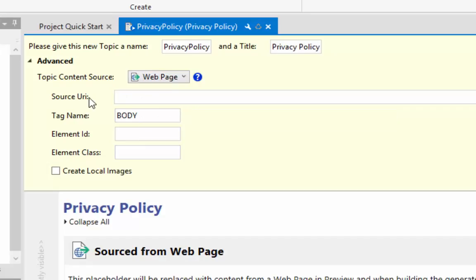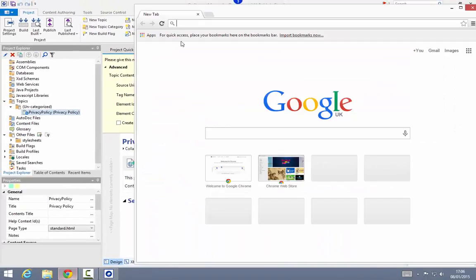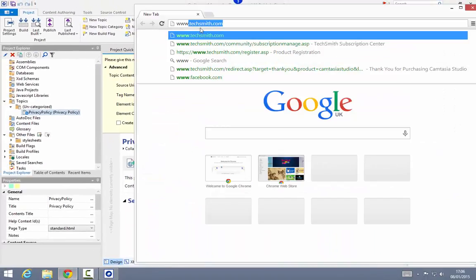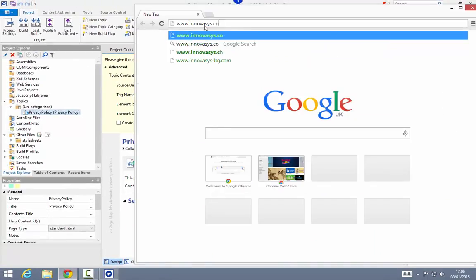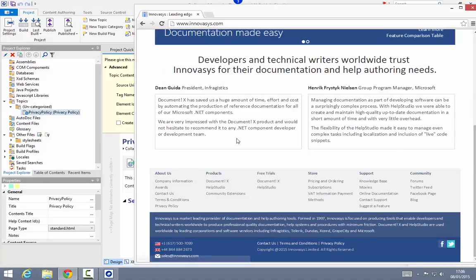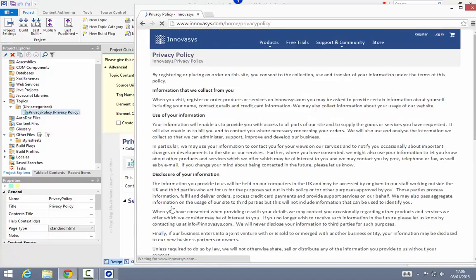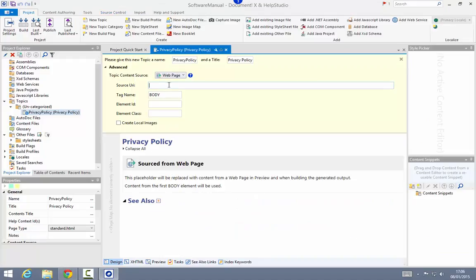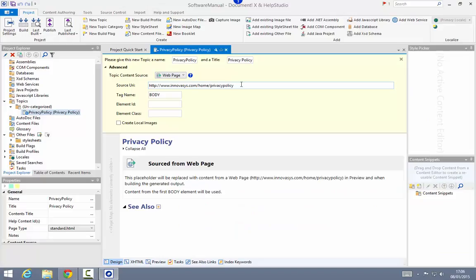So the first of which is the page that I want to source the content for this topic from. So if I visit the Infosys website and navigate to the privacy policy page. So this is the page that I want to source the content from. So the first thing I'll do is copy the page URL into the field here. And if I immediately switch to preview,